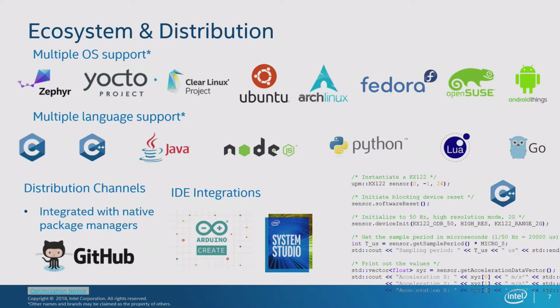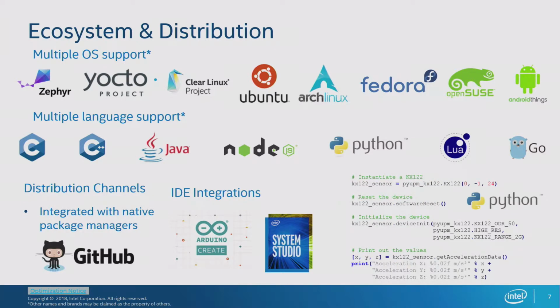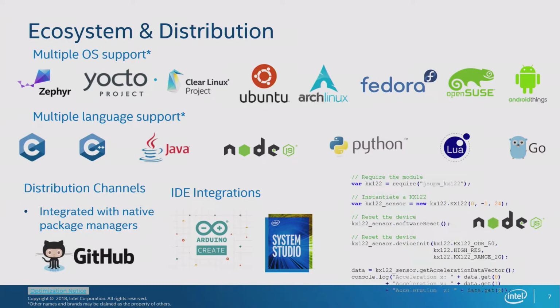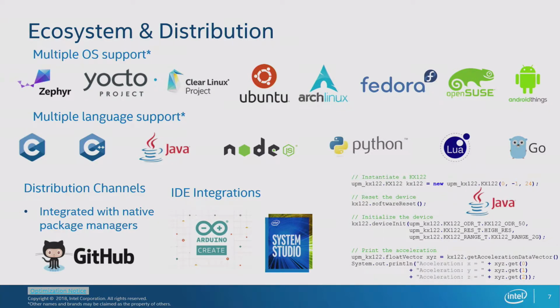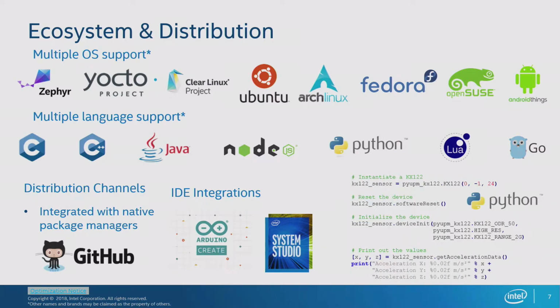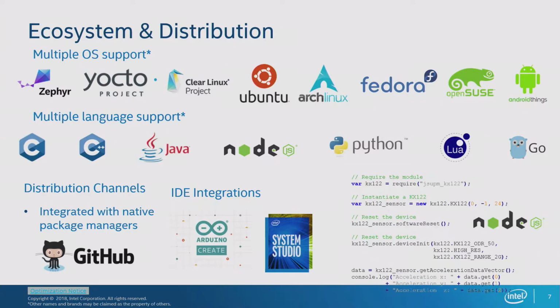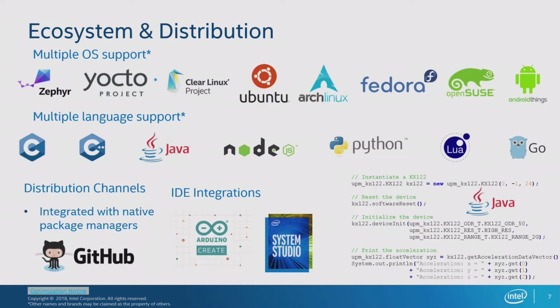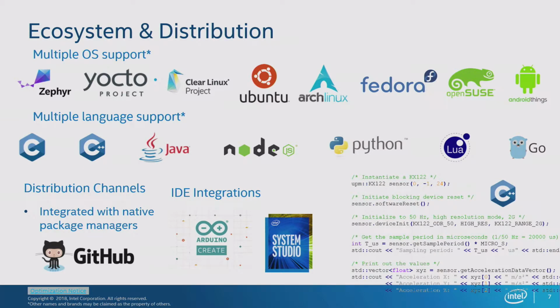So the other languages: Java, Node, Python. Well, Node is actually JavaScript, right? But we used to work a lot with the Node platform. And then we also have Lua and Go. Those are community contributed as well. They're not available with the main projects per se, but there are ways to get to them if you want to use them.